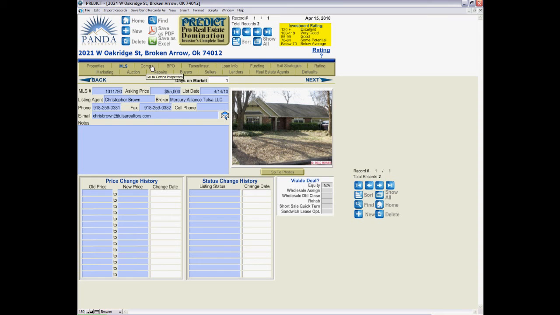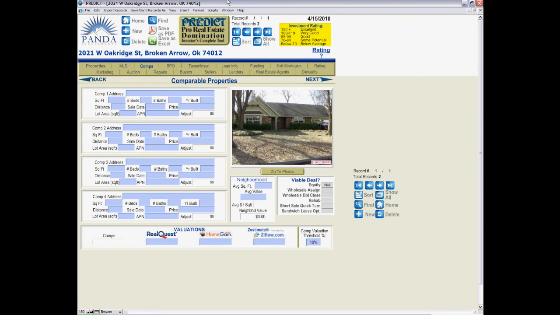Next we'll go to our comps area. We know what our purchase price approximately is, or what their asking price is. Now we need to determine what is the value of this property. So for that, just to get a quick glance at what the property might be worth, click